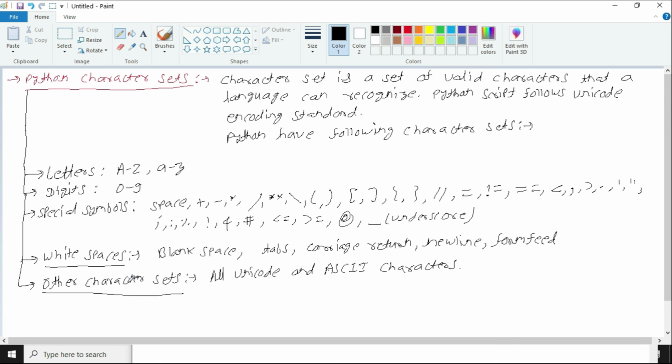So these are the character sets using which we are going to write a Python program. In fact, we can use all the characters in Unicode in our Python program, but these characters are subdivided into various parts like letters, digits, special symbols. Of course we can use all the characters in Unicode, but these three sets are used most of the time. Every component of a Python program is created using the character set.